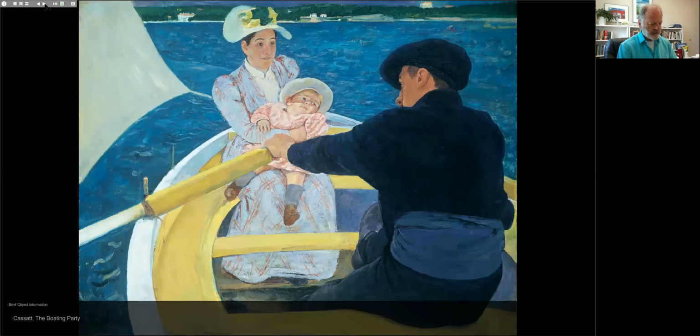This work is entitled The Boating Party, one of her most famous works. It dates from 1893. And here we see a man rowing and a woman holding a child. The point of view seems to be from another seat in the boat. So we're looking down the boat, past the male, who appears largely as a kind of silhouette, with very little detail, at the female figure. The strongly defined shapes here, the firm outlines, firm contours, I think it's a work that betrays the influence of Japanese prints. This work, however, is painted in oil and is not a print itself.